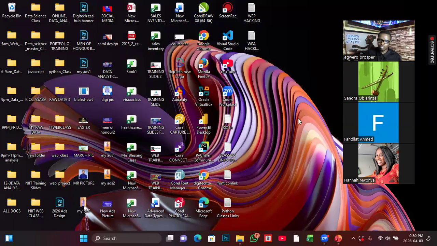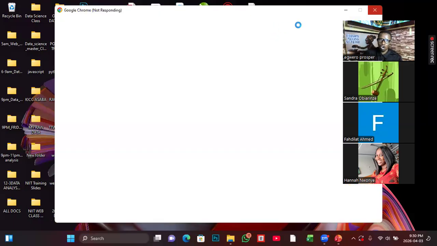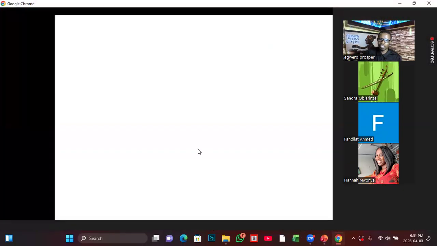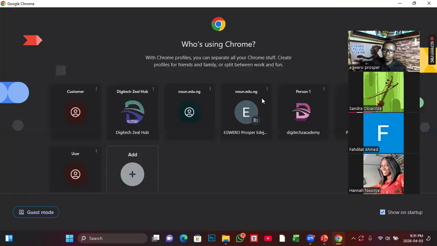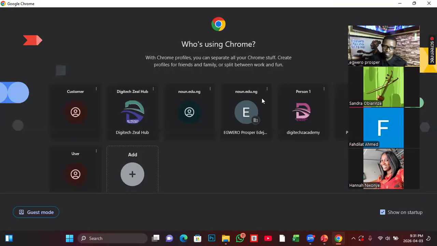So how do we get to the website? You open your browser and go to www.cargo.com. All you need is to create an account with a Gmail or email account. So let me wait for it to open so that I'll show us how to navigate. Once I'm done with that, we bring the class to an end, and then tomorrow we look at other important aspects of data analysis.